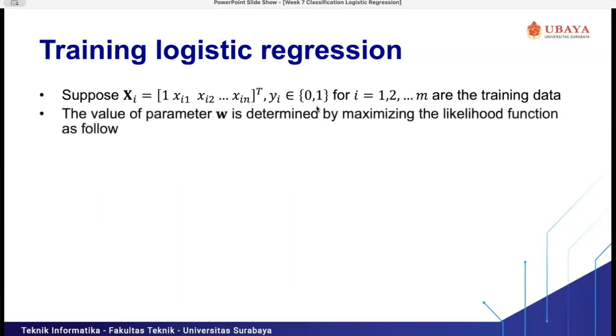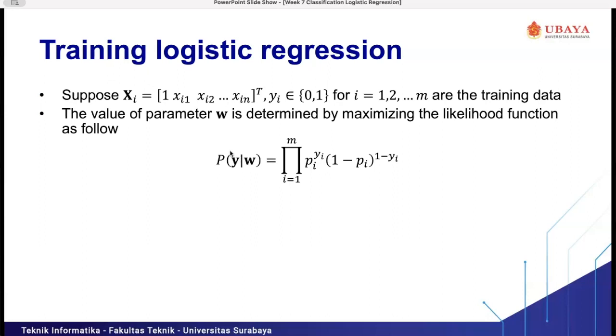The value of parameter W is determined by maximizing the likelihood function as follows. The probability of y given W equals the product for i equal 1 to m of Pi to the power of yi times 1 minus Pi to the power of 1 minus yi.